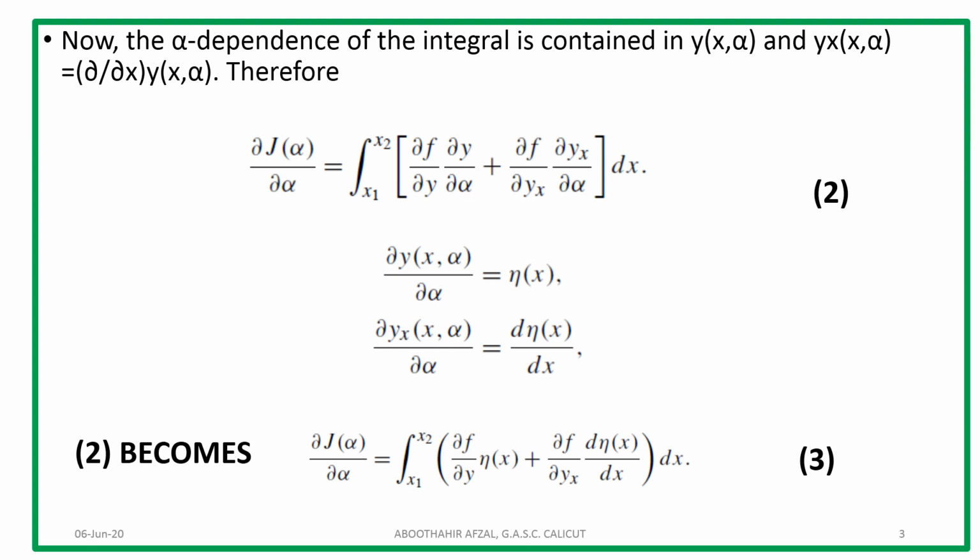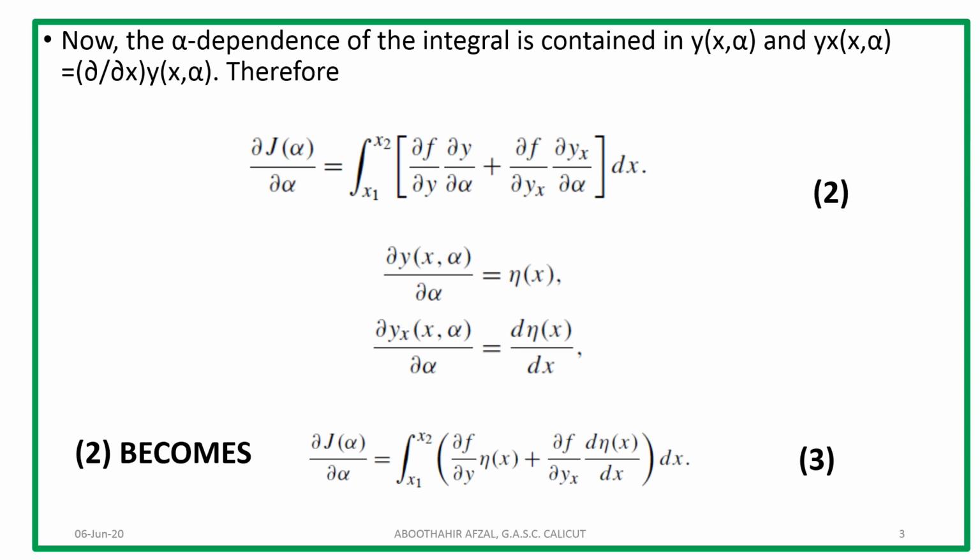So we know that J is a functional, that is, a function of a function. So J depends on f. J is a function of f, but f depends on y, and y depends on alpha. Also f depends on y_x, whereas y_x also depends on alpha. So we have to write dou J by dou alpha in terms of partial derivatives. Therefore the equation 1, which is dou J by dou alpha, is equal to integral x1 to x2